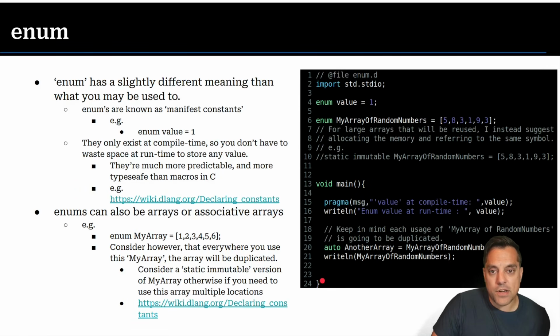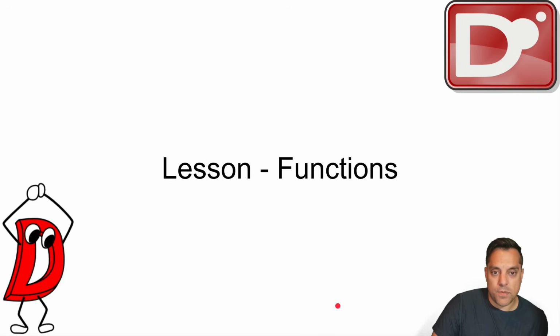Enum we took a look at already. I mean, it sort of serves the same purpose as what you have in other languages, but the important thing being, when I make something an enum, that means that it's usually got to be something that's available at compile time, whether it is an array of values, maybe it's just one value, maybe I'm computing something with it, maybe it's a dictionary. These are all different things that we could have at compile time. So anyways, here's an example of just some of those enum things.